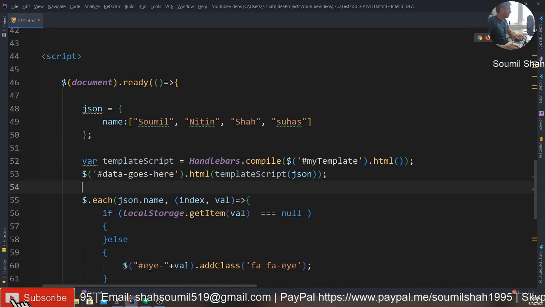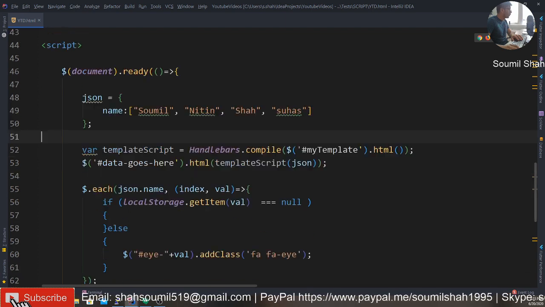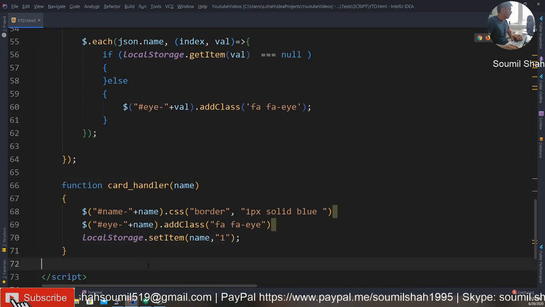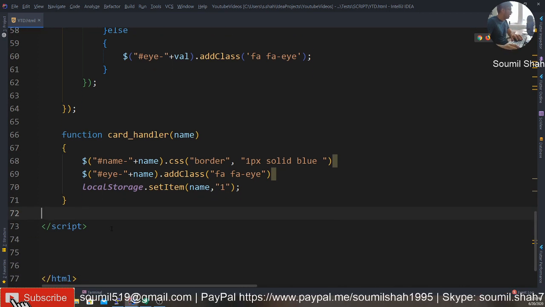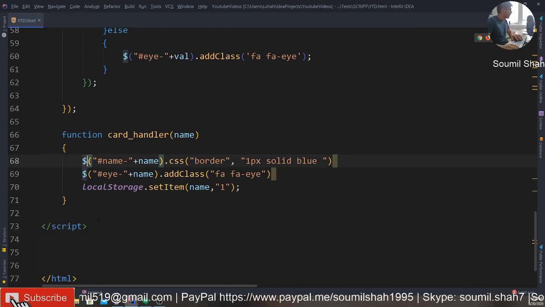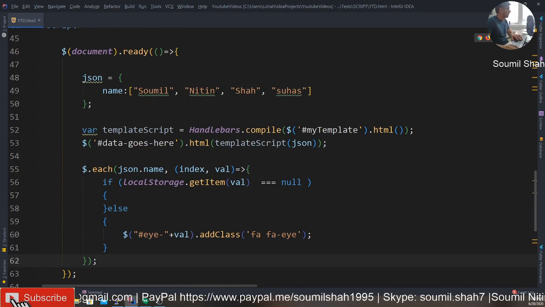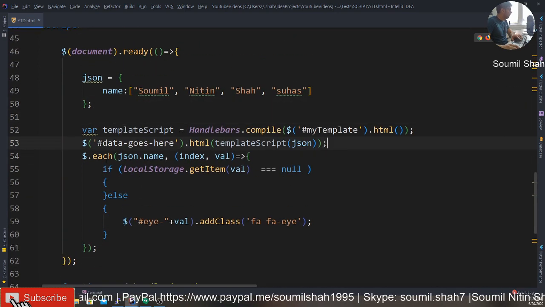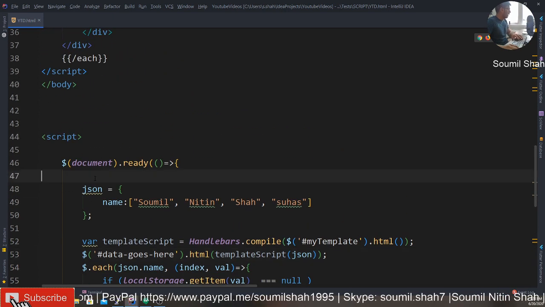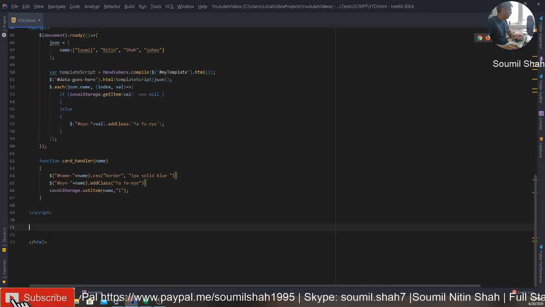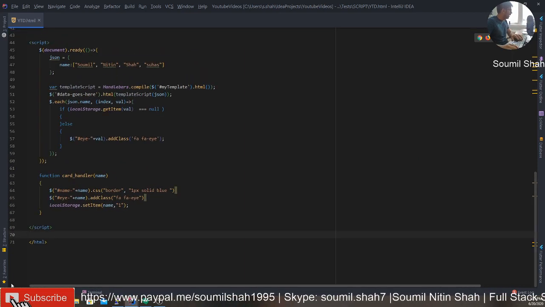I hope you have enjoyed this quick walkthrough tutorial on how you can build functionality, for example, a viewed card. So you already clicked on a card, or you already viewed certain products and stuff like that. I'm leveraging handlebars. I love handlebars, I've been using it for a long time. I will leave the code in the description section below, so you can check it out, play a little bit and learn also.